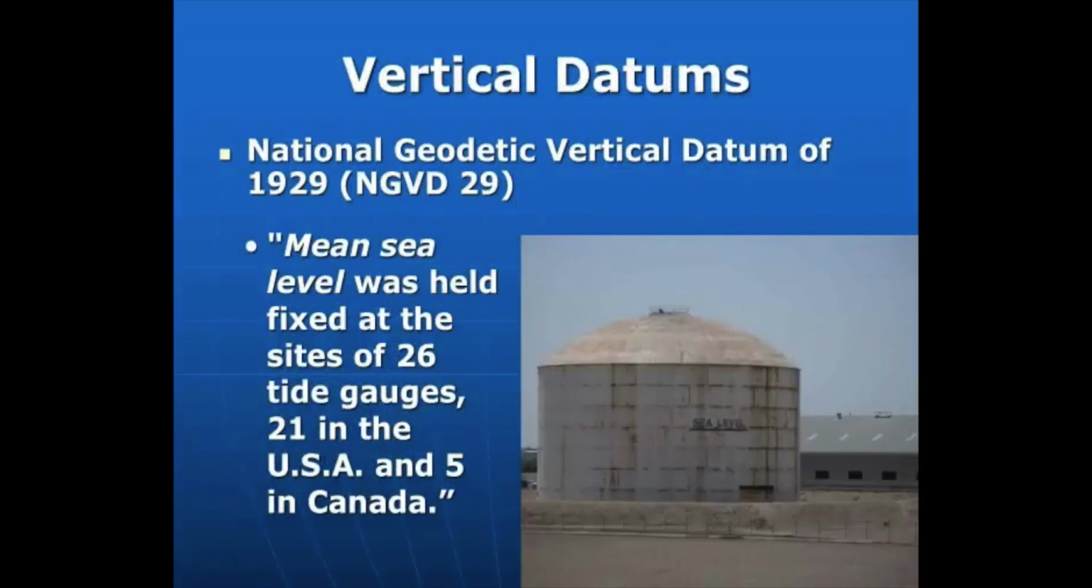Literally, and I took a quote out from the National Archives of what the datum referenced. Mean sea level was held fixed at sites of 26 tide gauges, 21 in the U.S. and 5 in Canada. And so they kind of looked at tides over a period of time and said, we establish that as 0. Can you, just as being critical thinkers and graduate students, think of problems with this logic,